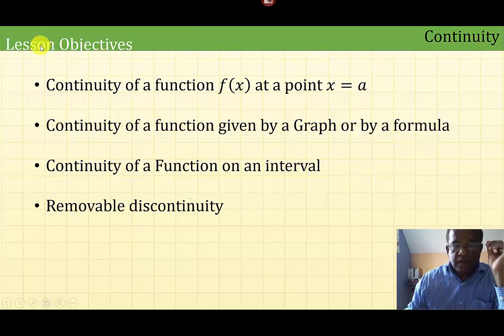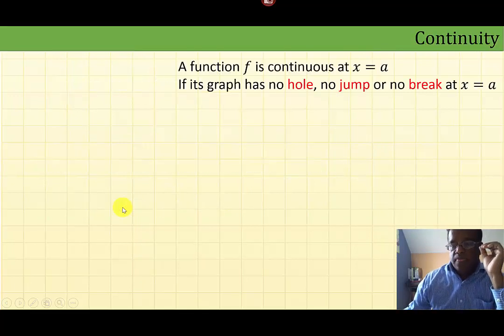Continuity. In this lesson, we are going to learn the continuity of a function f of x at a point a, and also the continuity of a function given by a graph or by a formula, or continuity of a function on an interval, and also we're going to talk about removable discontinuities. Now, a function f is continuous at a point a if its graph has no hole, no jump, or no